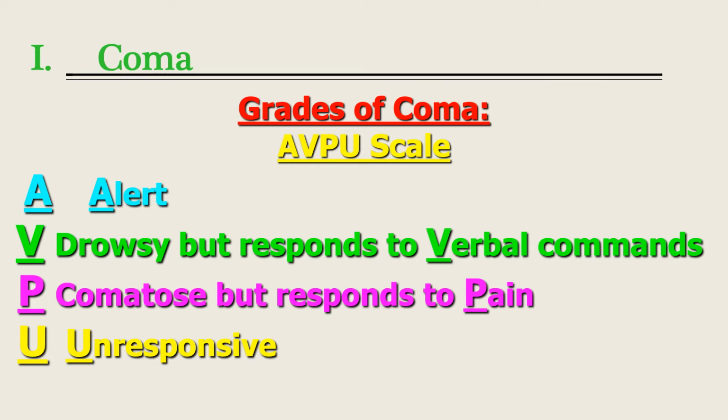This is the second, which is V. Respond to verbal command, and this response is either by making attention to your voice or by moving his limb or his face or his